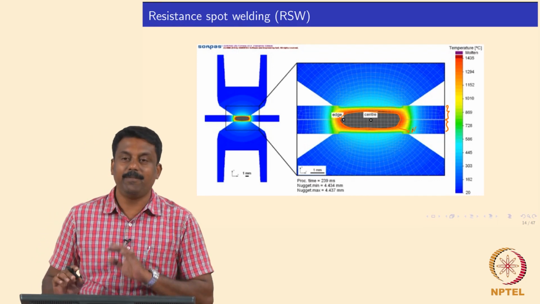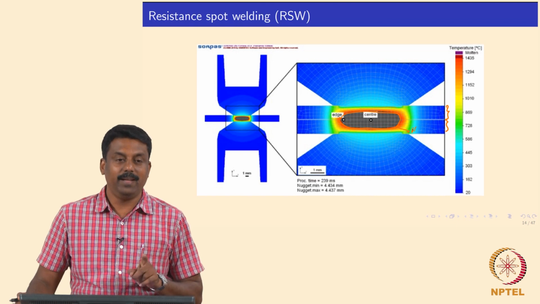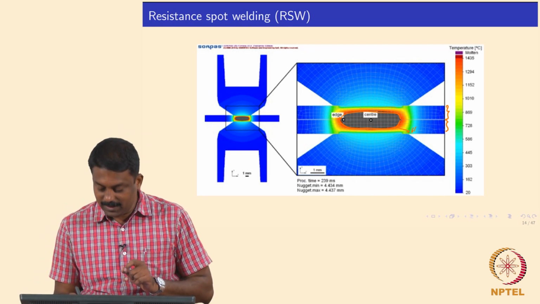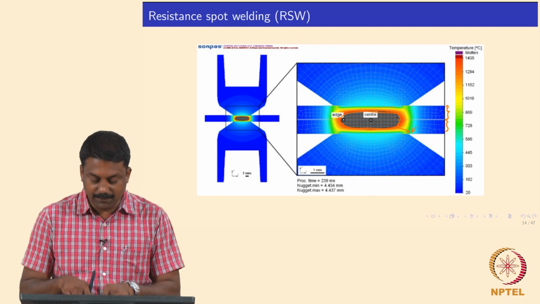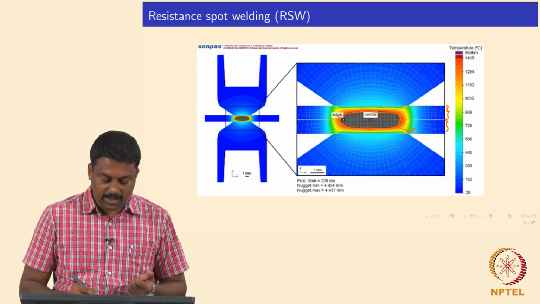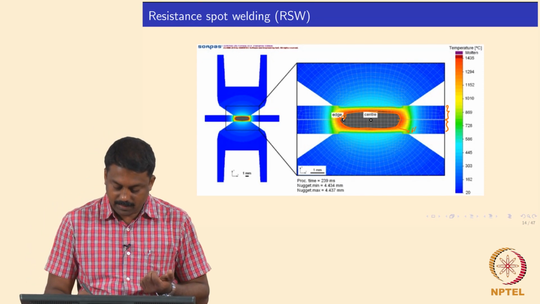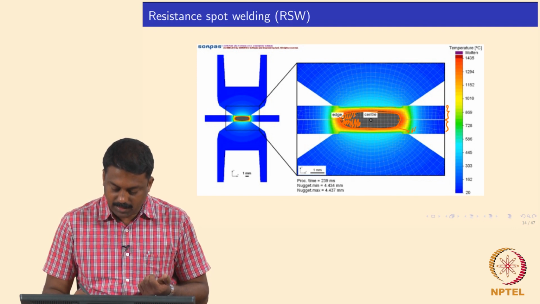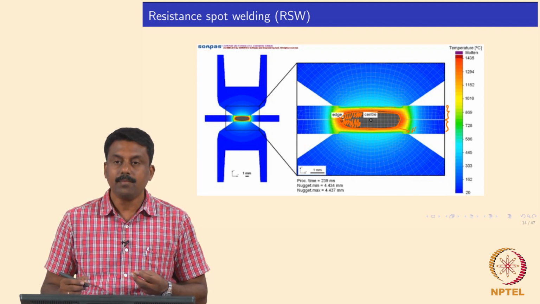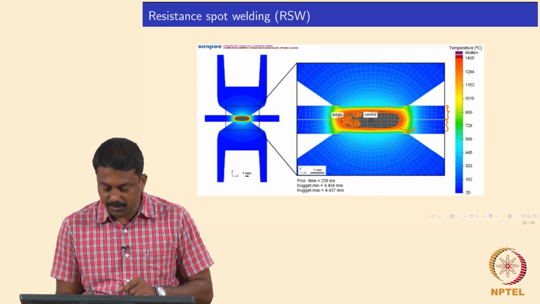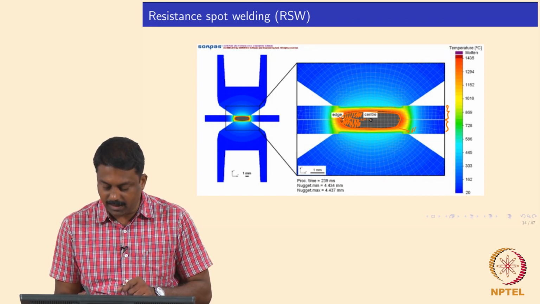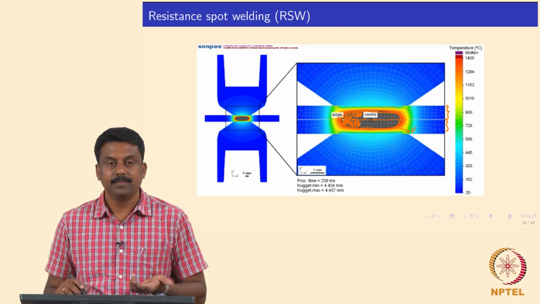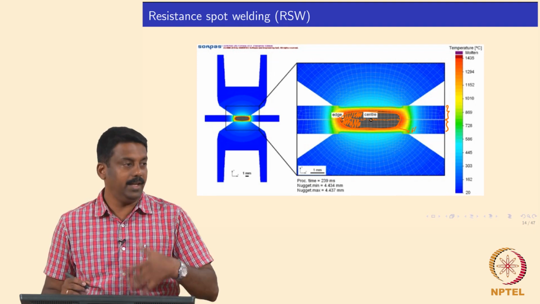But the problem in resistance spot welding is not due to the heat affected zone. The problem is because of the weld center line segregation. Suppose you solidify this nugget. The solidification would happen in a columnar manner, right. You will have grains growing like this from the fusion boundary, and obviously the liquid which solidifies at the end is at the middle, at the weld center line, is it not? That is the region with the highest temperature you expect, so it solidifies at the end.